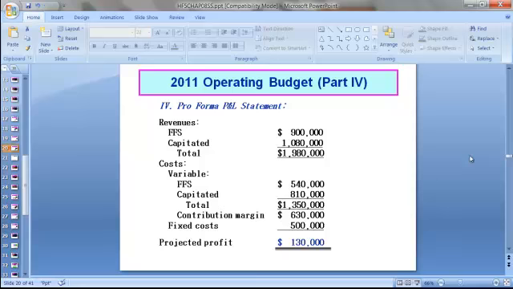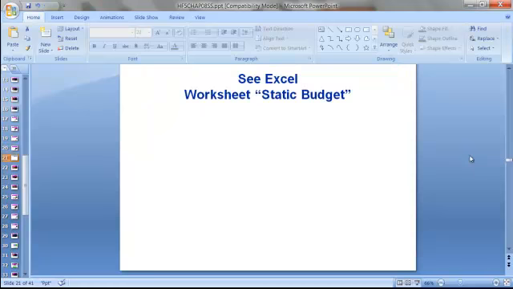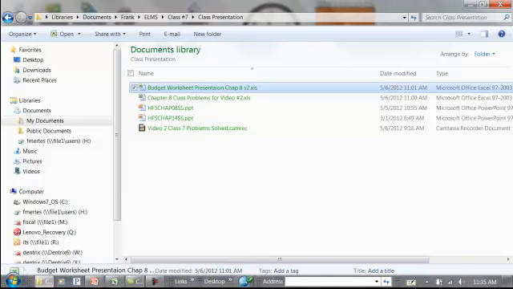And this is all their operating budget. So what they've put together on their pro forma. Now they have a pro forma P&L statement, which takes the revenue dollars plus the cost to come up with a projected profit. This is their static budget. What we're going to do now is jump to our Excel sheet,